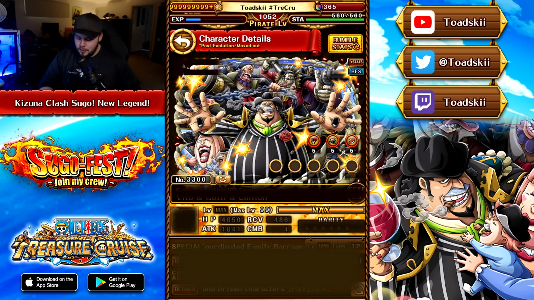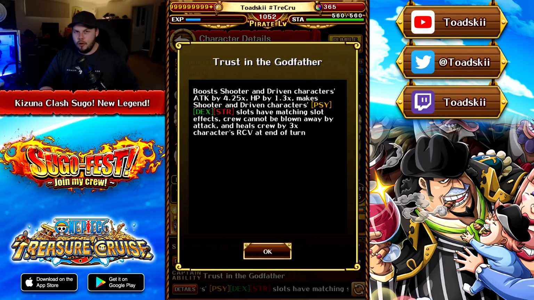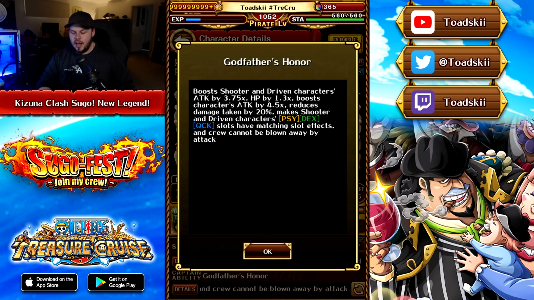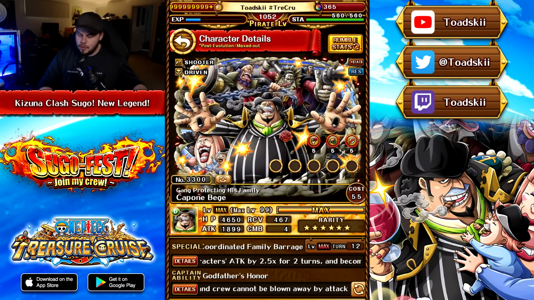The really cool thing about this unit, right, is that their single captain effects are still relatively good, and that's one of the things with dual units that I personally don't like, is typically their solo captain effects are very lackluster, whereas with this unit, like 4.25, and then Capone is 3.75, but he gives himself a 4.5 times boost, and they have a lot of healing, damage reduction, matching slots, health boost, and then the really cool added effect of not being blown away. Like, that's really cool, right? So